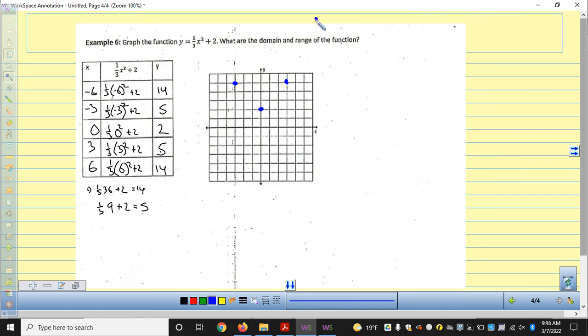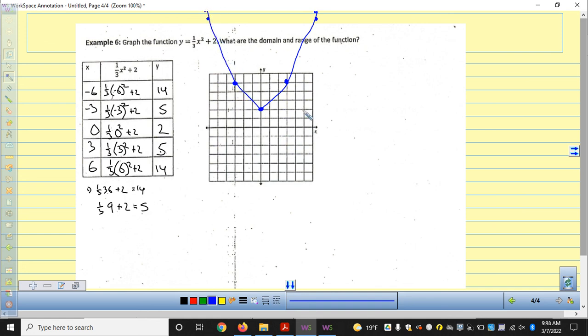About here. I'm guesstimating, I'm just extending this up. And I should get a point about here. And there would be a graph